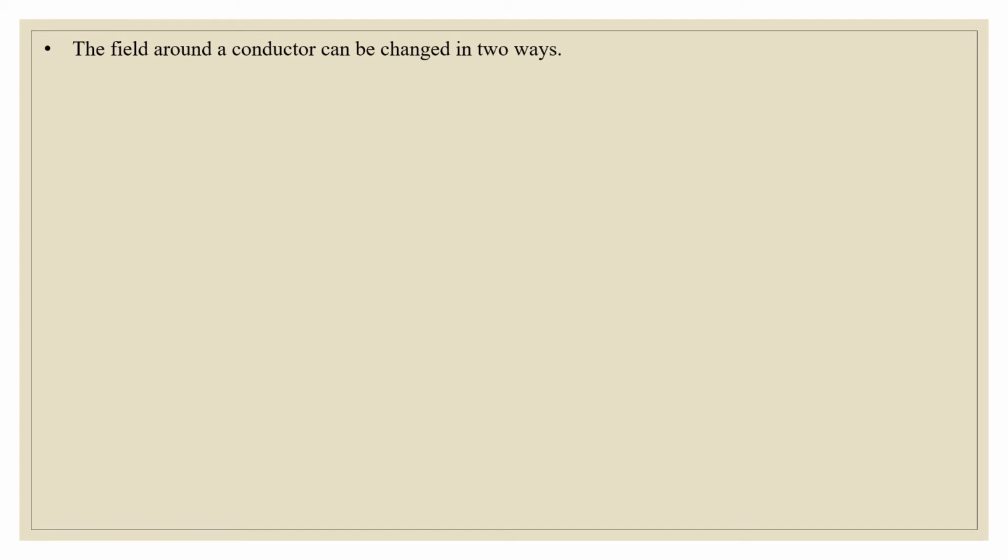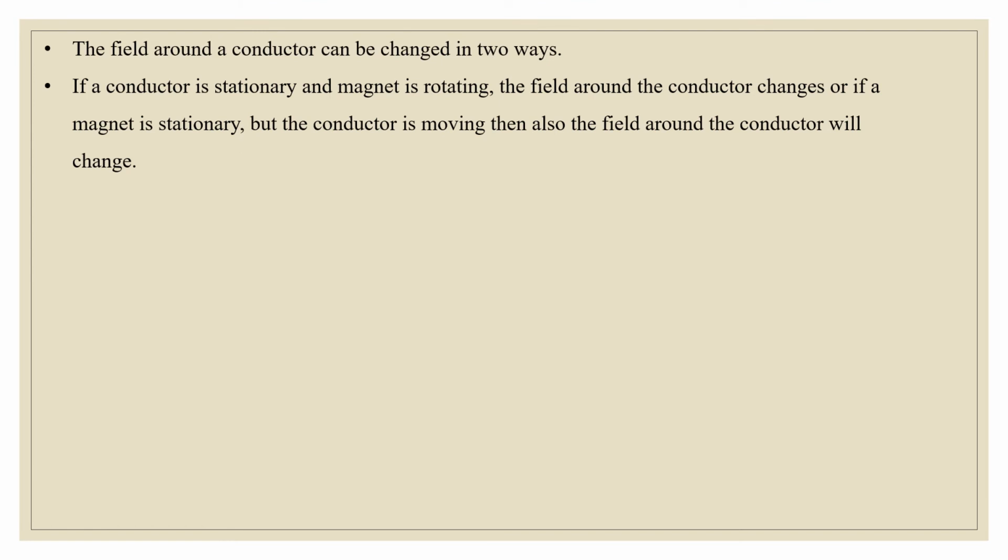The field around a conductor can be changed in two ways. If a conductor is stationary, meaning at rest, and the magnet is rotating, then there are two things of importance here, the conductor and the magnet. If the conductor is stationary and the magnet is moving, as we saw in the previous slide, the field around the conductor changes, and if a magnet is stationary